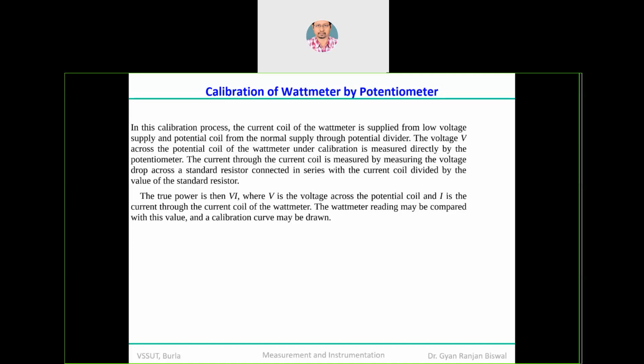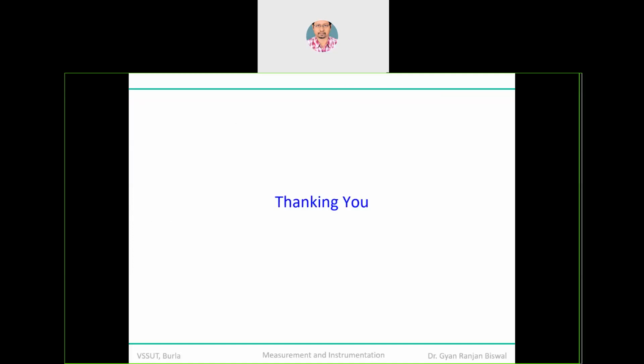Okay, so if it is a DC arrangement, then you ask what is the value of the RMS value of power. The arrangement is done in such a way that you will be able to accurately measure the voltage, accurately measure the current, and not only that, you will be able to calibrate the voltmeter under measurement. You will be able to calibrate the ammeter under measurement for the unknown value of the current, and that's how you will be able to calibrate the wattmeter for the measurement of power using a